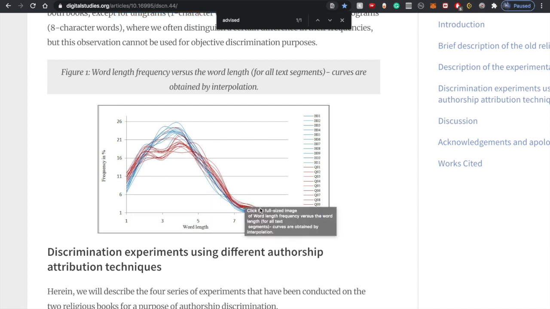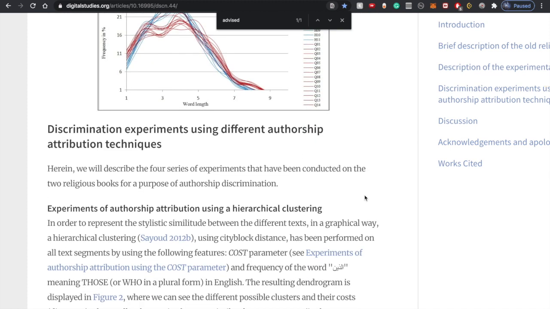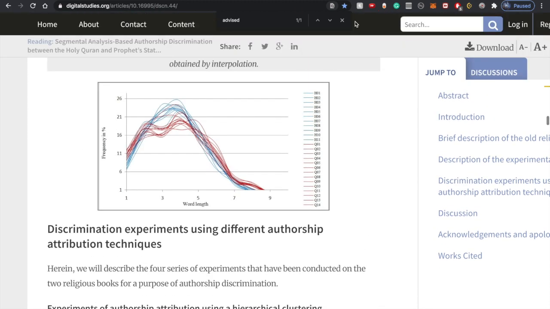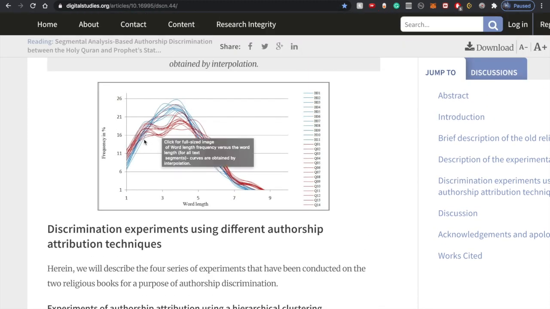So there's a big difference between how many words composed of 8 letters are used, as well as 1 letter, 3 letter, and 4 letters in the different books. And we saw last time there was a big statistical difference there as well, right? So that was interesting, and we see the same results being replicated here. Even the oscillations. You see this graph is moving like this, up and down, whereas in the hadith you got smooth curves, right?